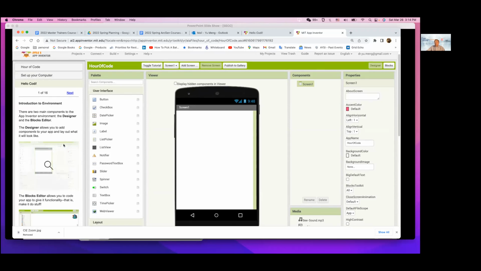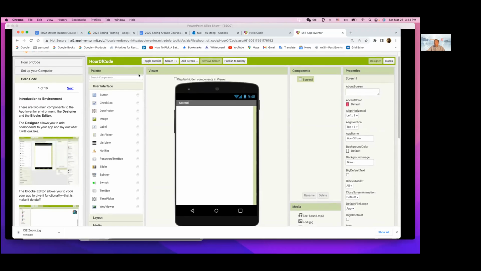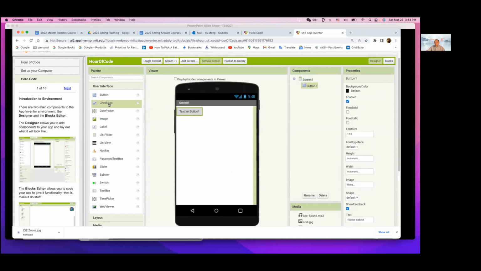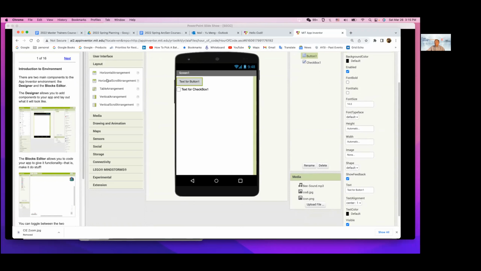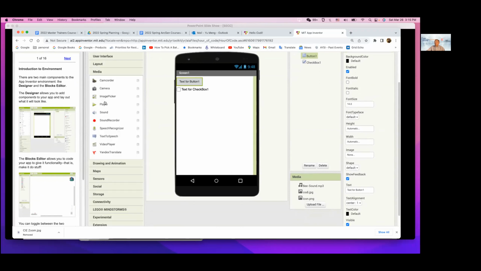Okay, so now we have this, if you look at here, this is the user interface. This is a mobile phone, right? We can put whatever we want, drag and drop from the left palette, right? We have all kinds of different things. Look at here, we have different layouts. We have some like media,